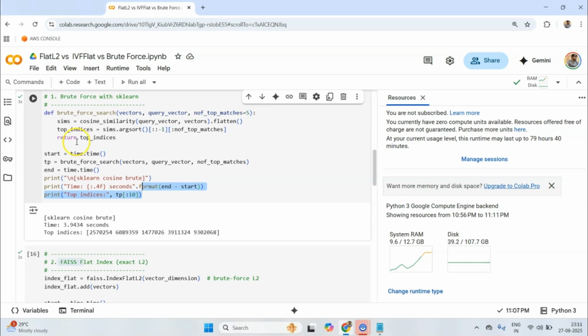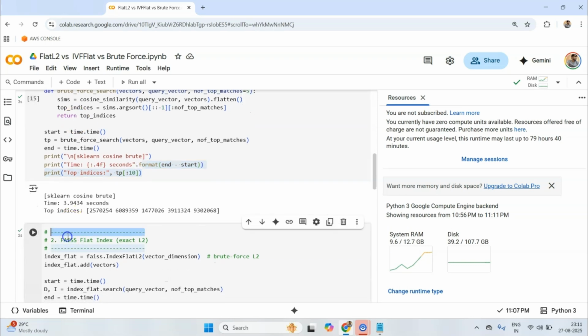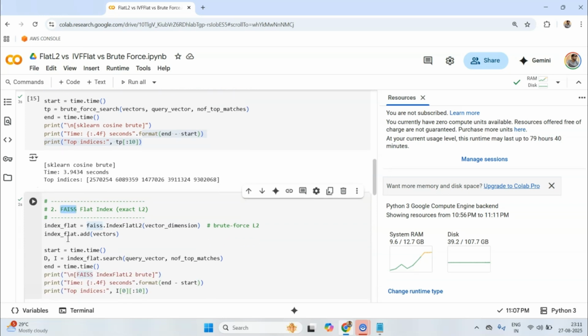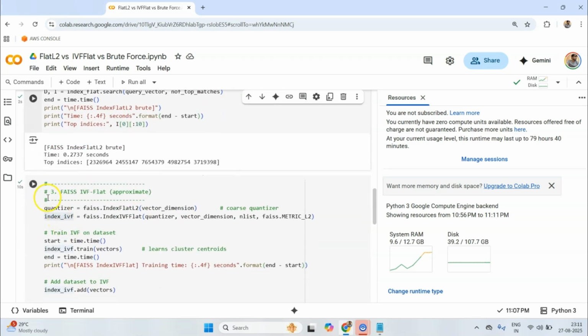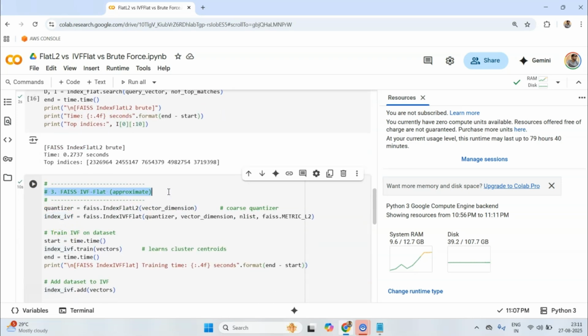The reason is that the FAISS library has these routines written in a highly optimized C++ library. Then we looked at how we can further improve the query time by utilizing IVF flat.